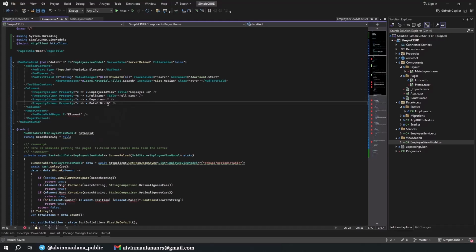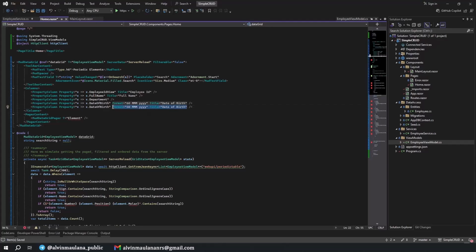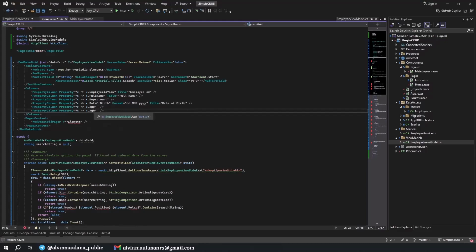Date of birth is a DateTime, and we need a specific format for this: day, month, and year. The title should be Date of Birth, and then I remove the age. Then phone number. For this one, the element, we just need this. Okay, nice.